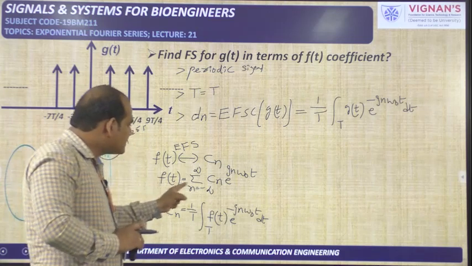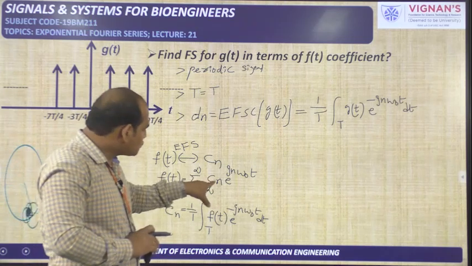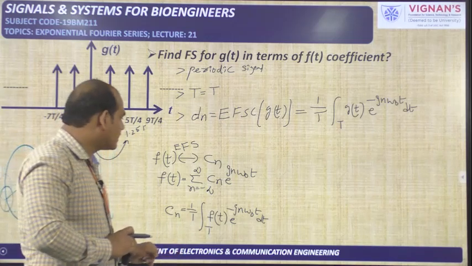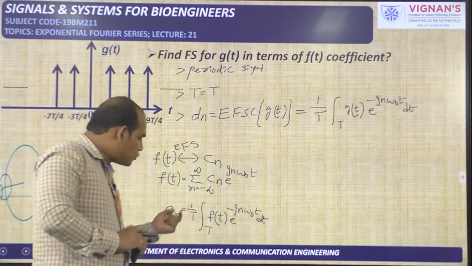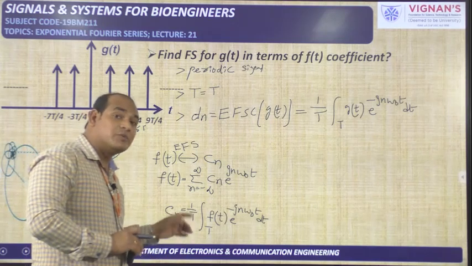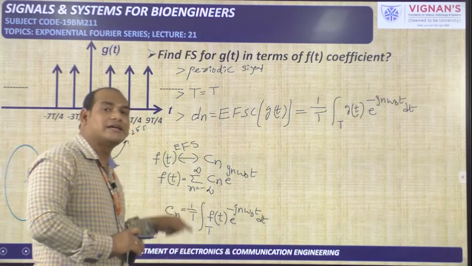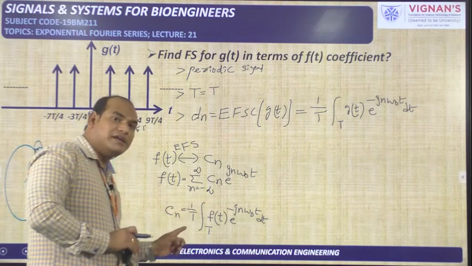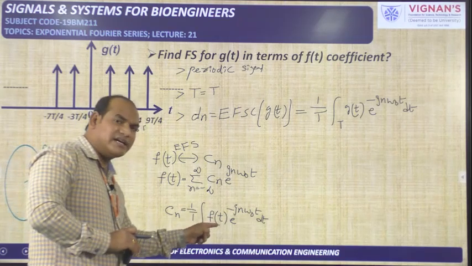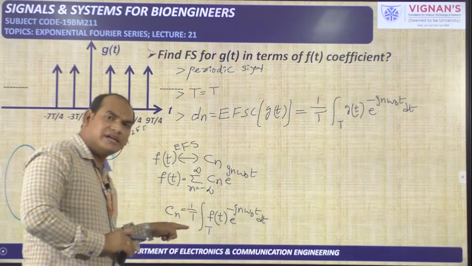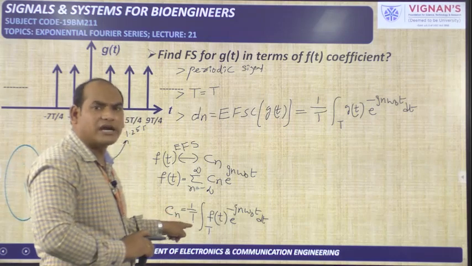So in the Fourier series expression, Cn is there, and for the Cn expression you are using f(t). So Cn is equal to 1 by capital T. What is this? You should not remember just 1 by capital T. You should remember 1 by the time period of the signal f(t). For which signal you are calculating the Fourier series coefficient, for that signal, whatever the time period is, you need to write it down here.